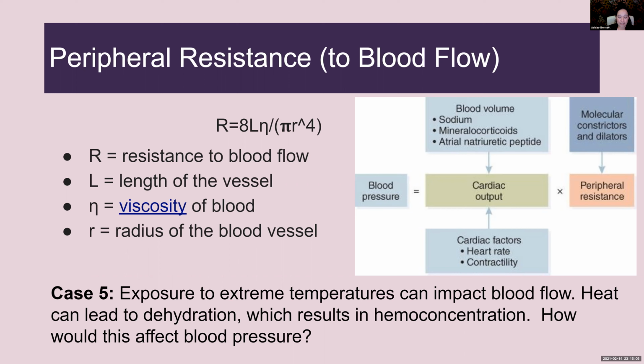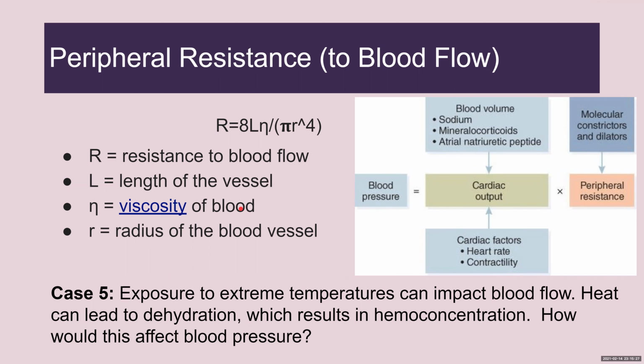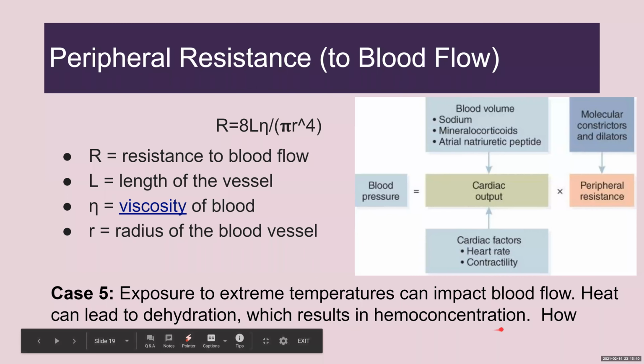So exposure to extreme temperatures can impact blood flow. Heat can lead to dehydration, which results in hemoconcentration. How would this affect blood pressure? Well, right now we're just talking about the viscosity of blood. And as we go through these, keep it simple. I know that there's going to be a complex dynamic that eventually happens, but for now we're just learning the algebra. So keep it simple. We're only talking about dehydration, which leads to hemoconcentration, which means that we've just increased the viscosity of our blood,